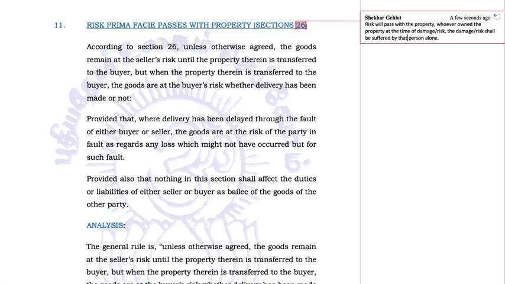Now, if something happens, the delivery has not taken place. Chairs are still where they used to be. But now the property in the goods, property in the chairs, has passed to A. So now when there is a fire, the risk will be suffered by A, that is the buyer.